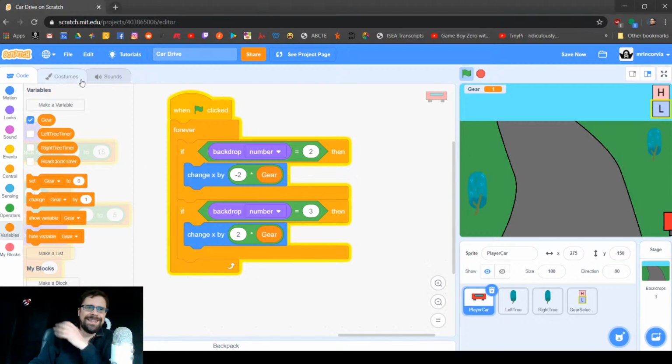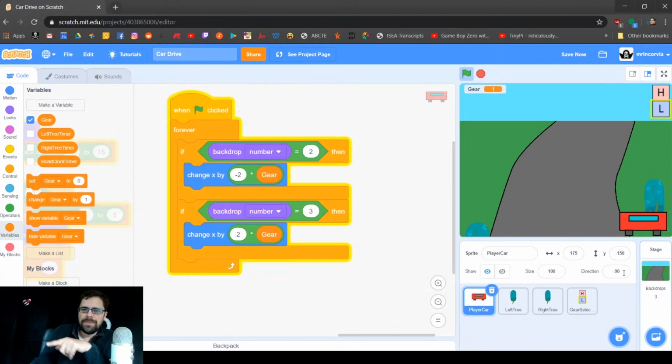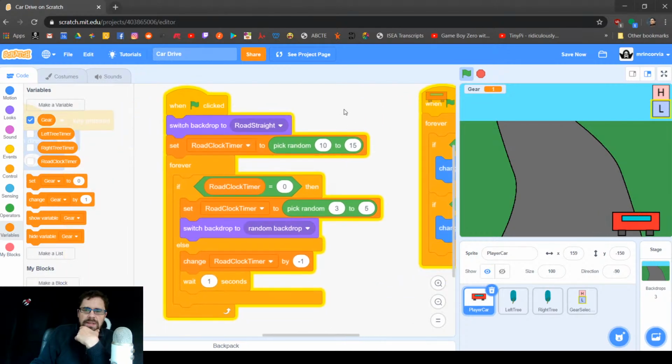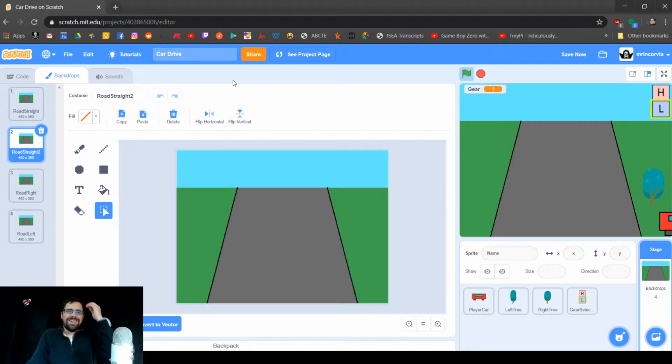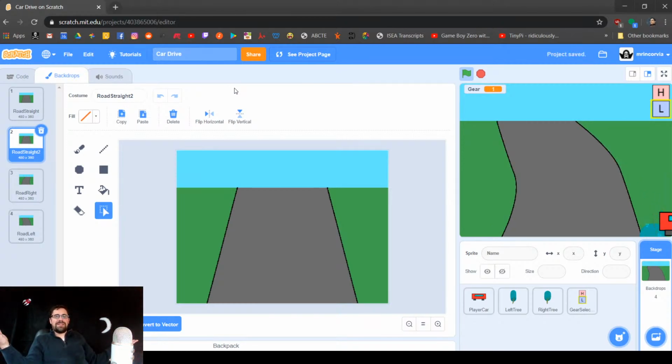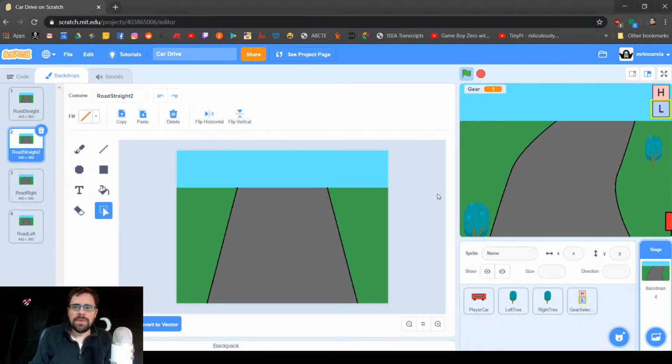So how do we do that? Easy, easy, easy. All we have to do is switch road straight, switch to random backdrop. Yeah, easy. We just go to our backdrops and we're just going to double the straight road. So now when it randomly picks, it's going to be picking between straight road 2, road right, road left, right? Now we need to change the,